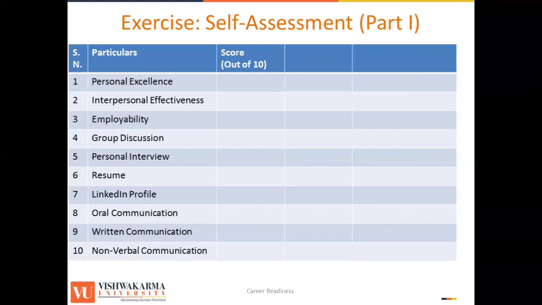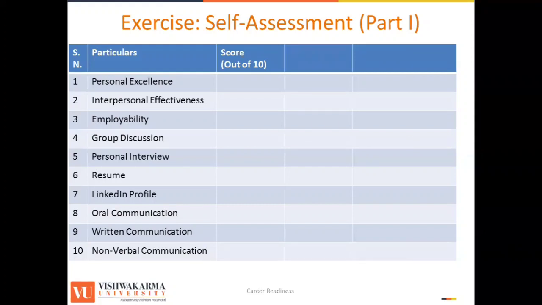Group discussion, you may not have participated in any formal group discussion as such, but I'm sure you all have participated in discussions, formal and informal, so you can rate yourself based on that. Personal interview, so if you have appeared for interviews or if you are to appear for an interview, how prepared you are, you can rate yourself on that. Resume, if you have prepared one, that's good. If not, look at what all points have to be added in the resume and you can rate yourself there. LinkedIn profile,